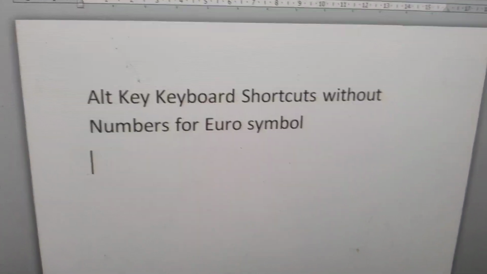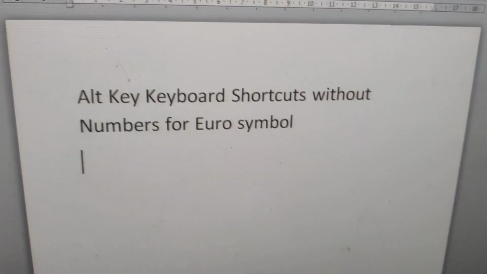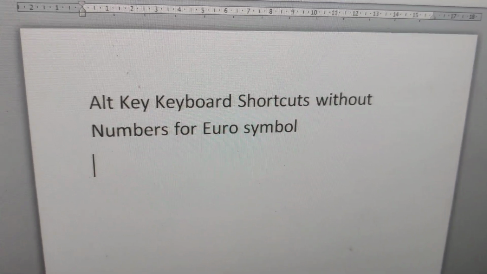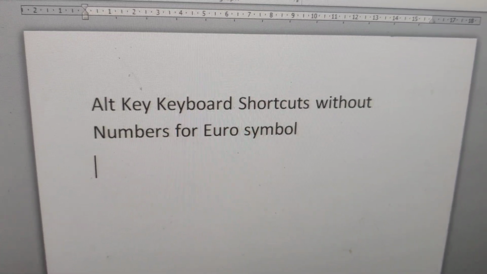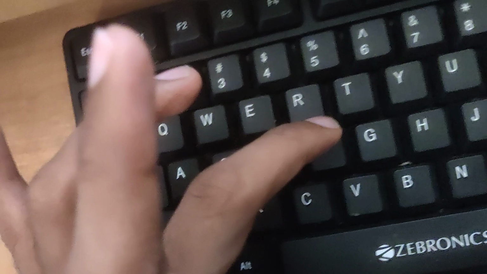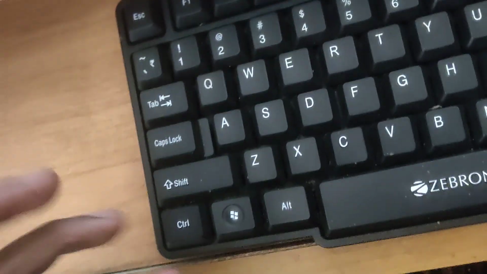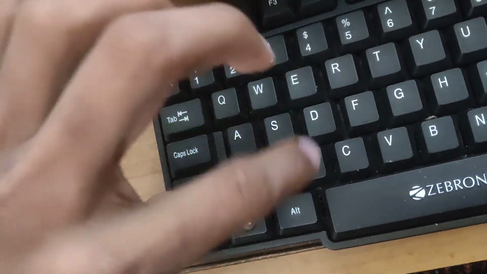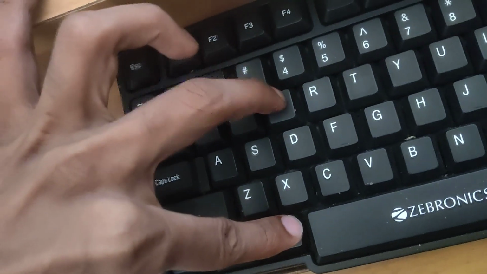We discuss an Alt key keyboard shortcut without numbers for the euro symbol. So for creating a euro symbol without numbers, I must use these three keys. This is the Control key, this is the Alt key, and this is the E key. So I must press one finger on the Control key, another finger on the Alt key, and another finger